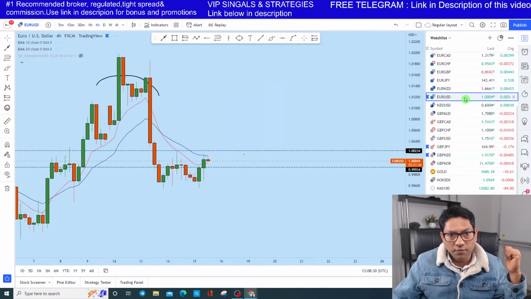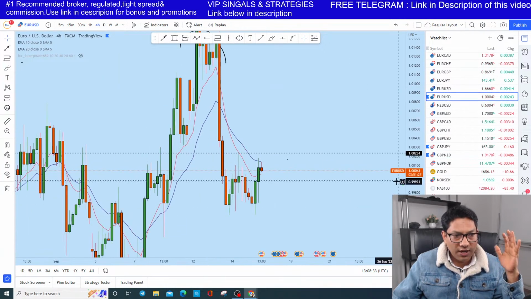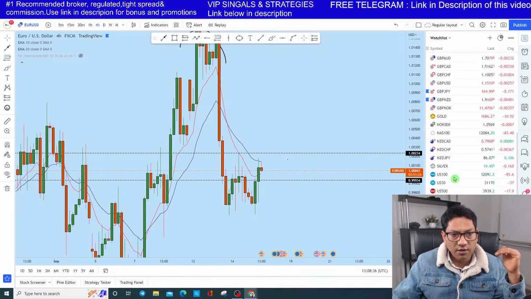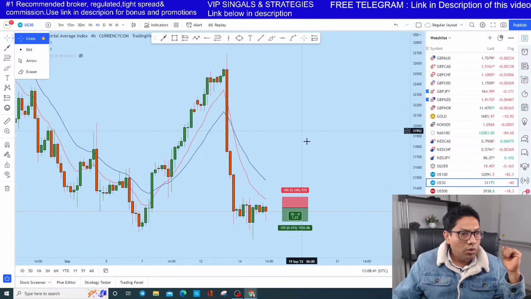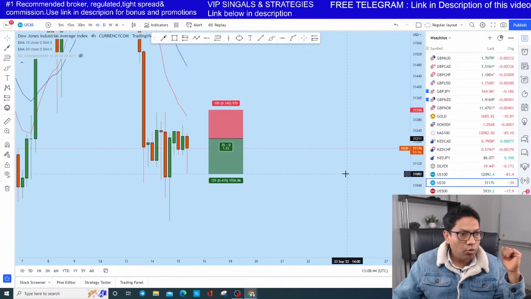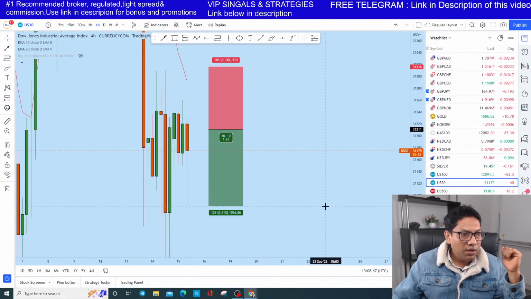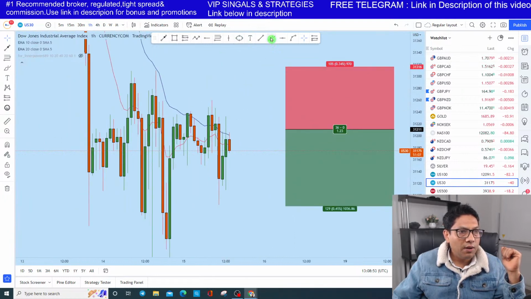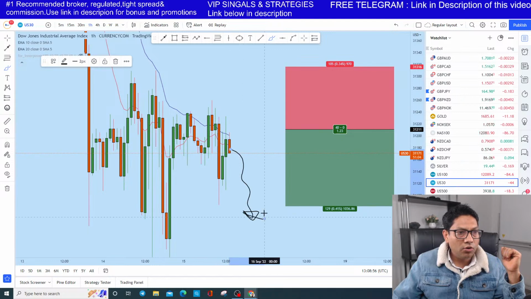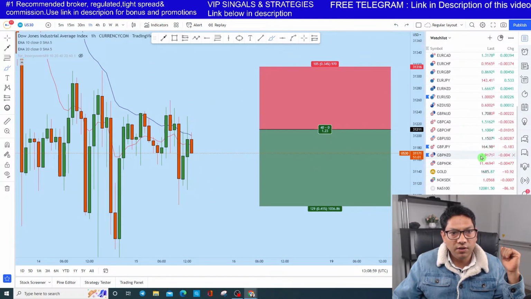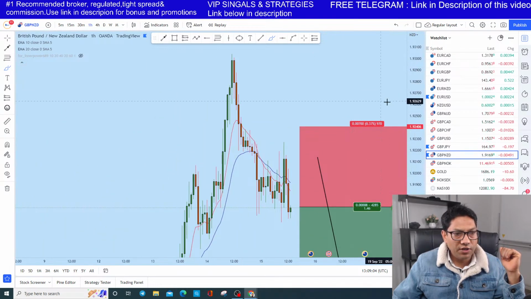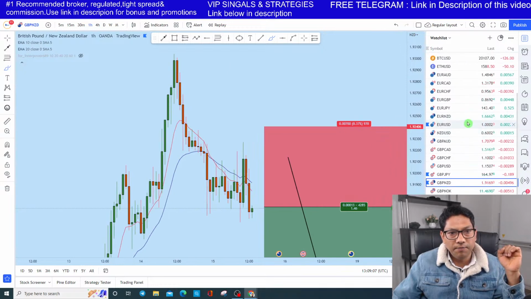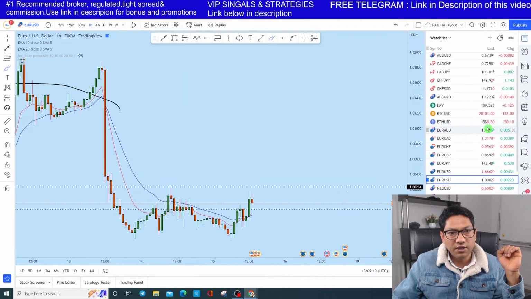Now euro dollar is coming down. I think we are running a trade, and I will keep it running until we hit the full profit target. US 30 as well, we are running the trade. We didn't hit the profit target yet, but I will keep running that trade as well. I think it will come down and we'll hit our profit target. It's coming down now, and I sincerely believe it should hit the profit target on this one as well. So guys, euro dollar as expected coming down.